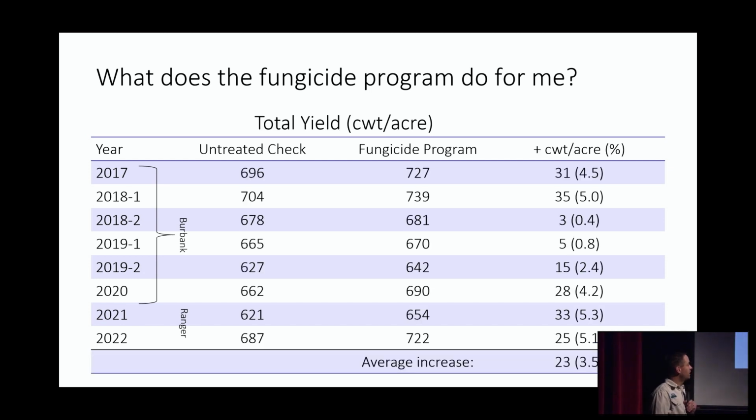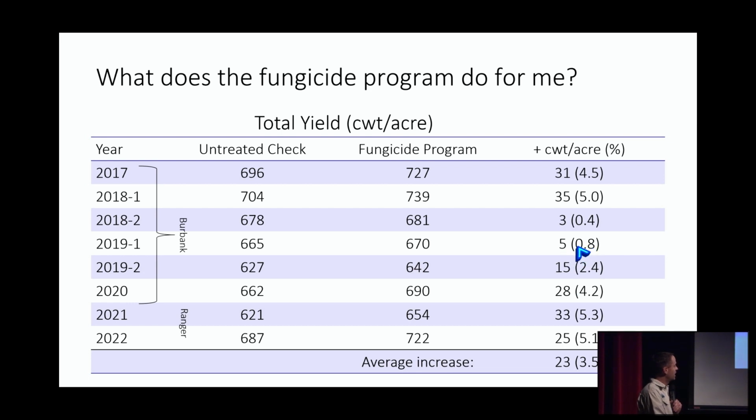But when it came to yield, a lot of them we were showing an increase of, you know, 30 sacks in those first 2 years, 35 sacks. But in that second trial, same year, 2018, second trial, we only had a 3 sack increase, less than 1%, less than 0.5%. In 2019, in one trial,